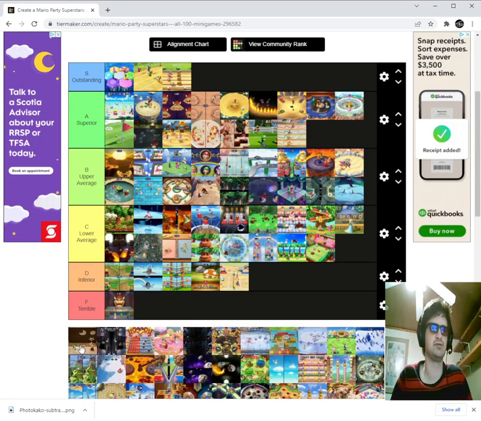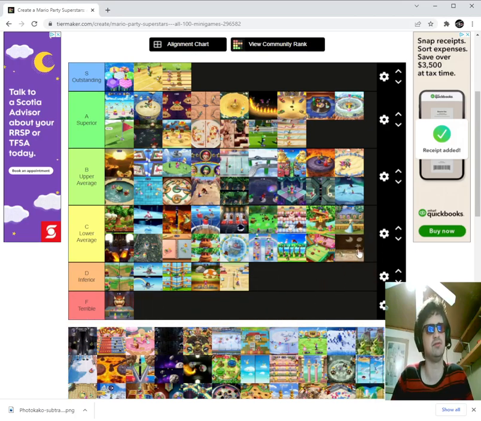Alright, next one is Book Squirm, I believe it's called. Book Squirm is okay. Sometimes it can end in everybody getting squashed, which means I don't know if those players win or not. I can't remember. I don't know what happens. Does nobody win, or is it just 2 players win? Does the last player remaining win if they both get crushed at the same time? I'm not exactly sure, but I'm going to throw this into C tier, lower average,